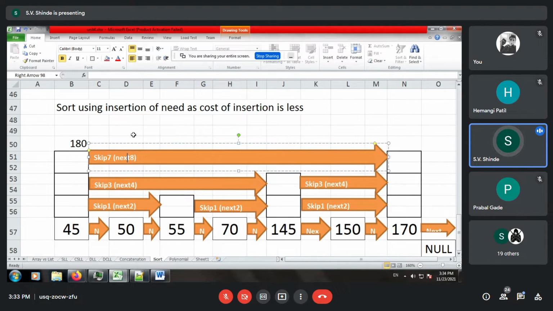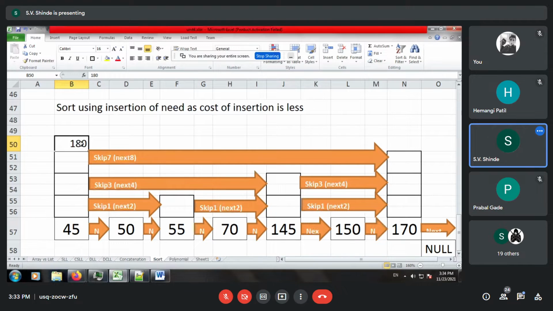Okay, first of all, did you understand the problem? Yes, everyone. Okay, so we will have 180. It is compared with 45 and we find that 180 is greater than 45.